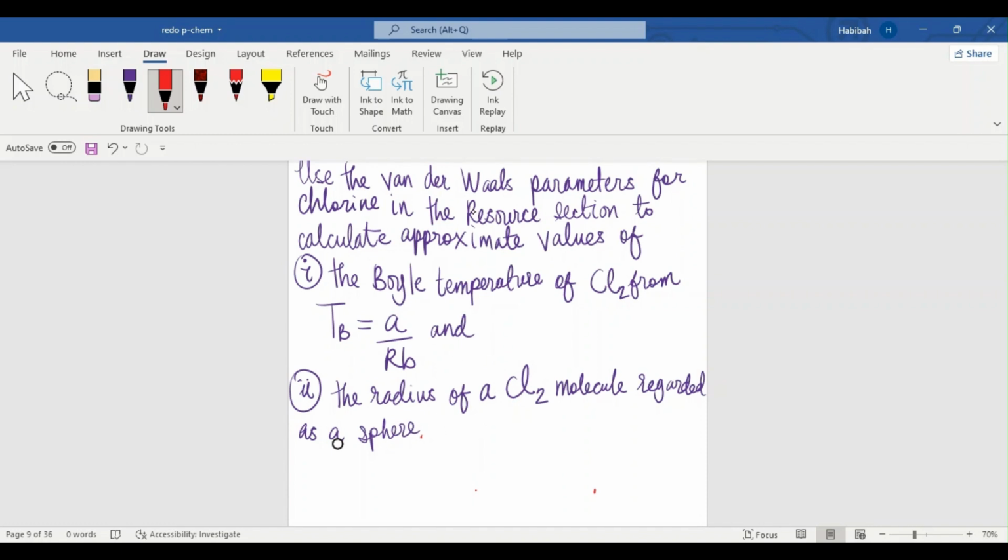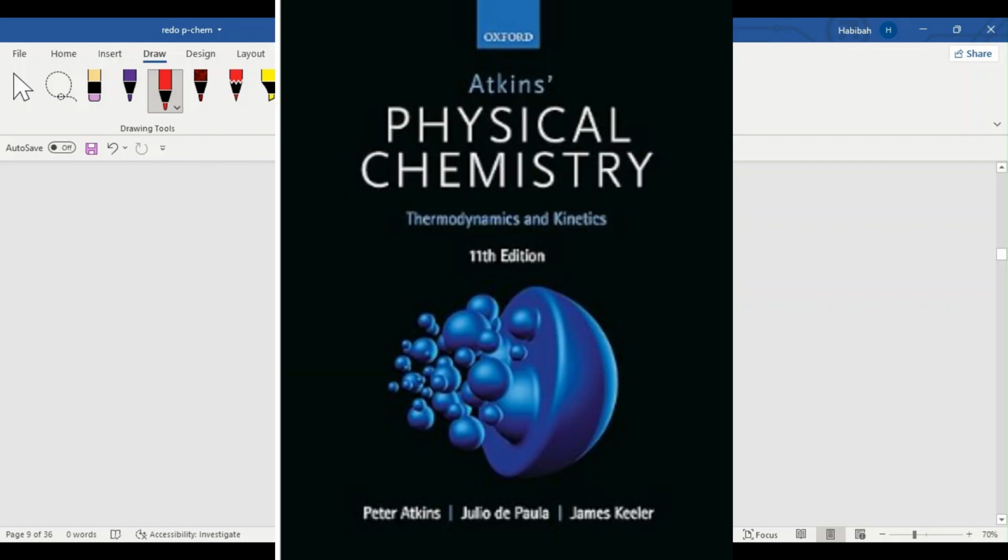So the first thing you have to note is that we're told to use the van der Waals parameters, but we weren't given them. In the question, we're told that they're in the resource section of our textbook. I'm going to write them from the resource section of the textbook that I'm using, the Atkins Physical Chemistry textbook, 11th edition. At the back of the textbook, you have the resource section. So from the resource section, I can write out the A value to be